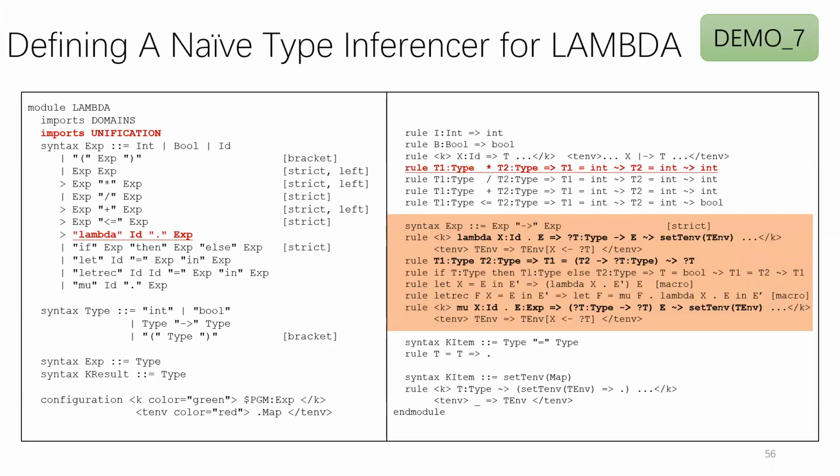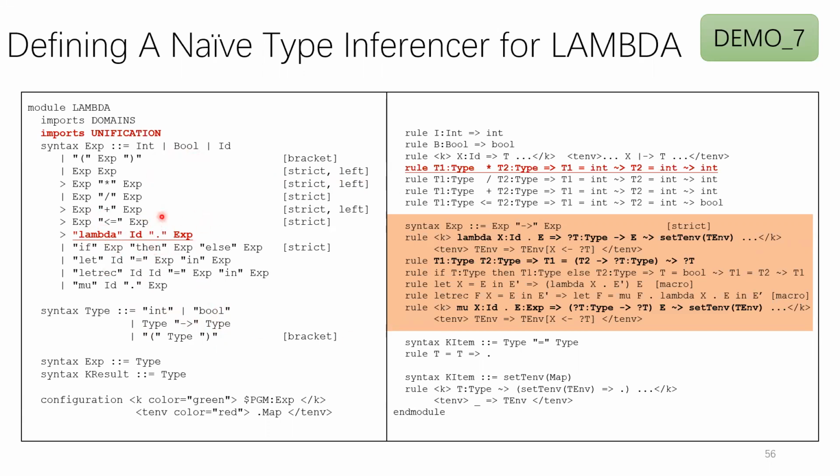So let us now define a naive type inferencer for Lambda. We'll keep the simply typed system. We see the types which are defined here. The types here are still the simple types, so they're either basic types or the arrow types. They're not polymorphic types. But now we need to infer the type of the ID because we remove the types